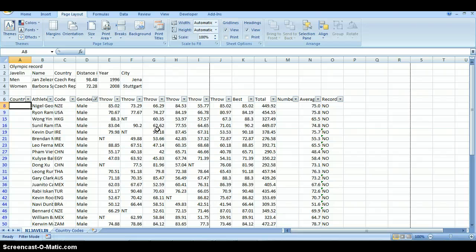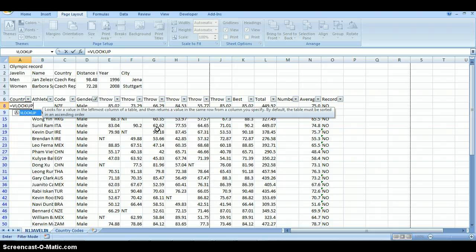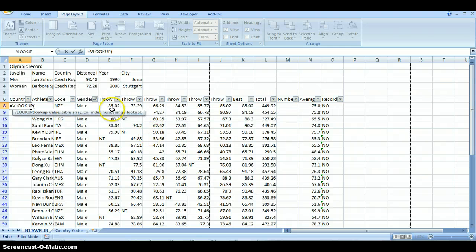It stands for vertical lookup. So as always, we type in equals VLOOKUP, open our brackets, and again it displays the structure for our function. So it's saying the lookup value. So what is the lookup value that we want? Well, it's the code here. So just highlight that particular cell, I'll click on that particular cell, and then it says to type in a comma,